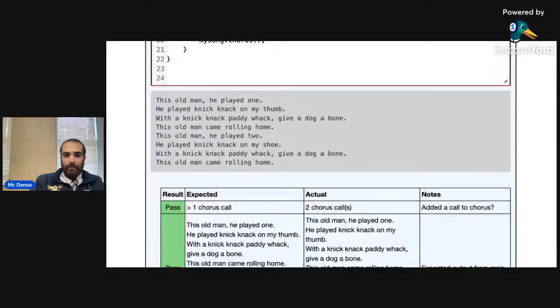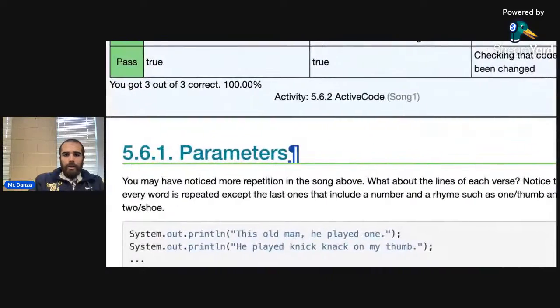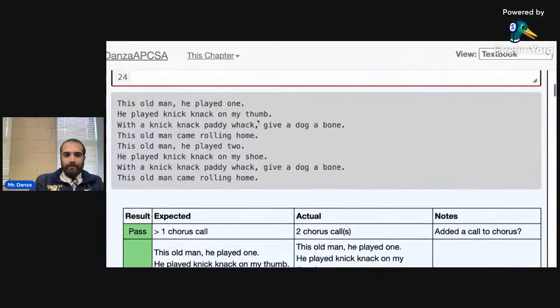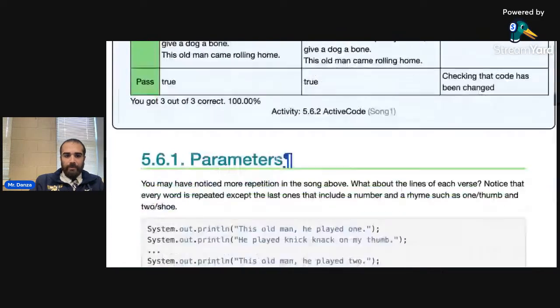Have no idea what any of that means. In terms of the song, I don't know, like this old man, he played knick-knack on my thumb. Anyway,